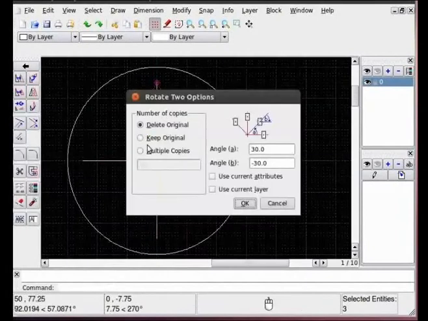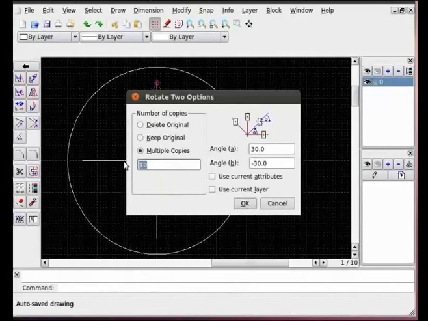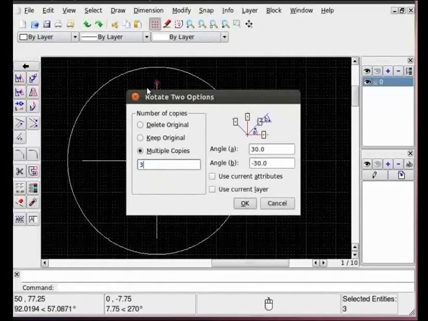From pop-up window, I want to keep original. Let's say keep original. Suppose I want to create 4 such objects. So one is already there. Let me select this multiple copies and number 3 here, because 4th is already done.